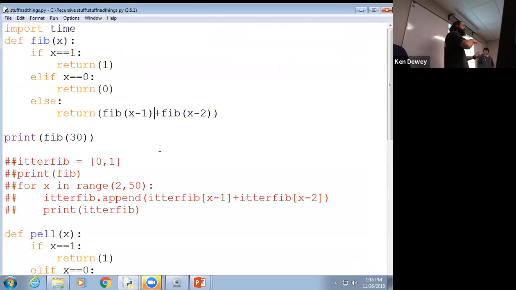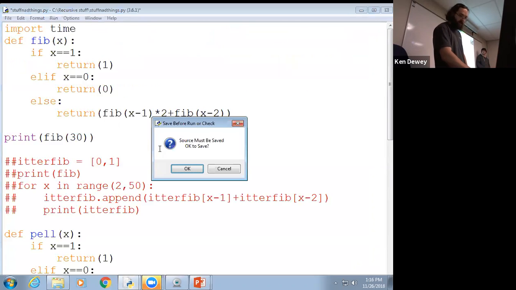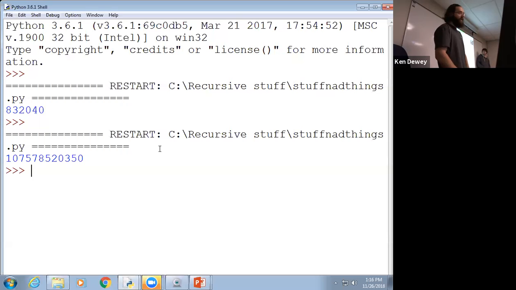So with this sequence in mind, you take this little thing that you have to do. What is the difference between the Fibonacci sequence and the Pell sequence? Asterisk 2. Yeah, that's literally it. You take the position right behind it, you multiply it by 2. Suddenly you run this code, and that's a lot bigger of a number, but now you have it modified in